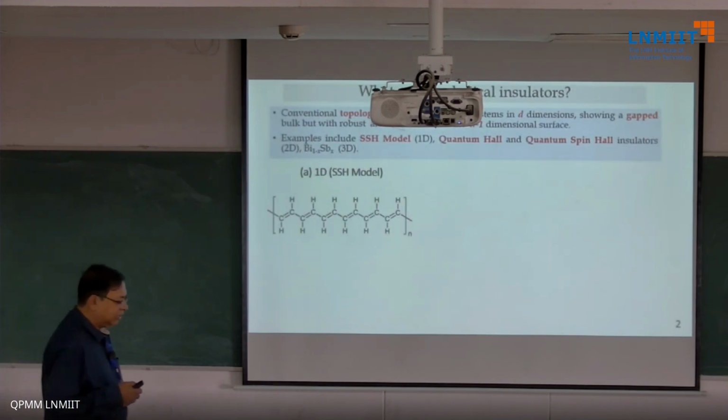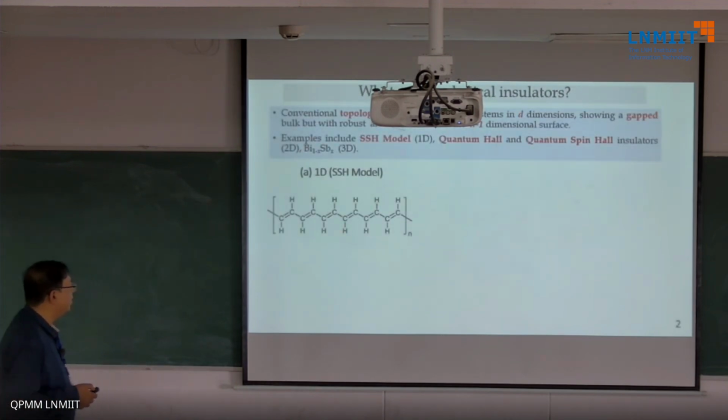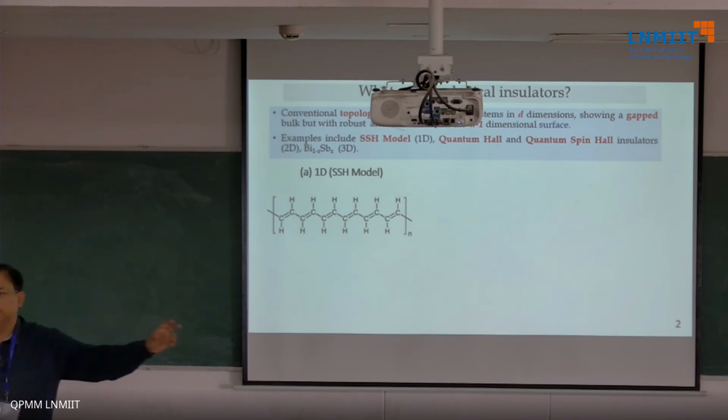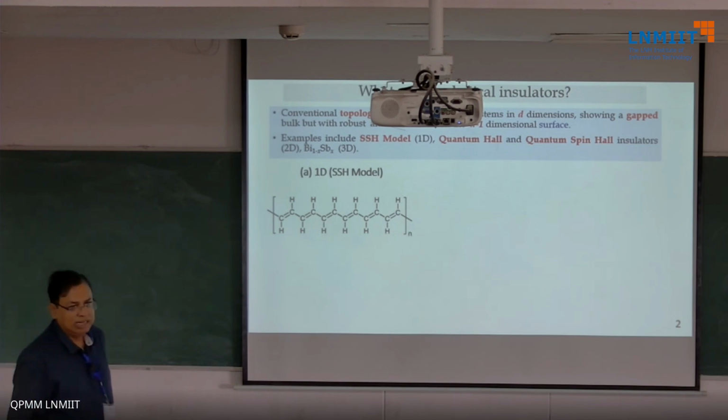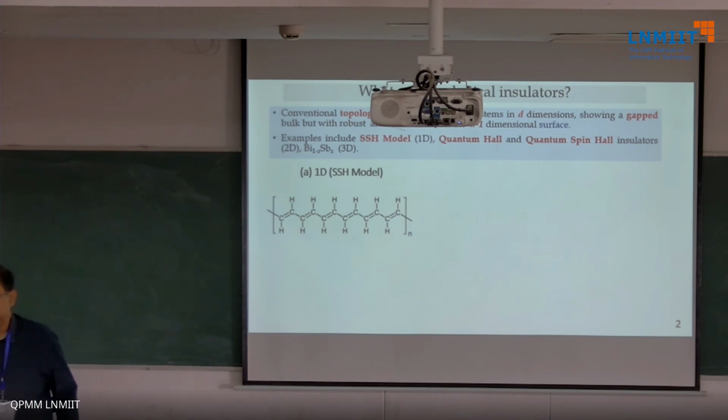And one of the things that people jumped up on when they saw this was the model of polyacetylene, a long chain polyacetylene molecule, where you see this carbon which is connected by a single bond to a hydrogen, each carbon. But between the carbons, there is a double bond, there is a single bond, there is a double, there is a single. So that's the model for a polyacetylene molecule. Presumably, this is an organic molecule which has some conductivity and so on and so forth.